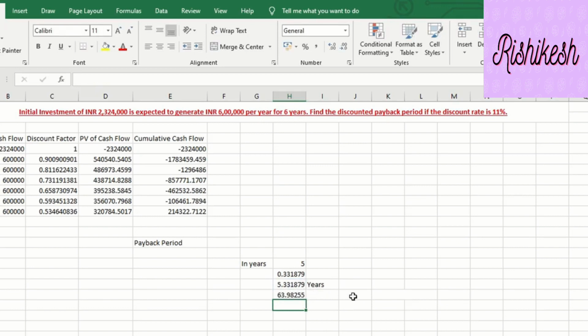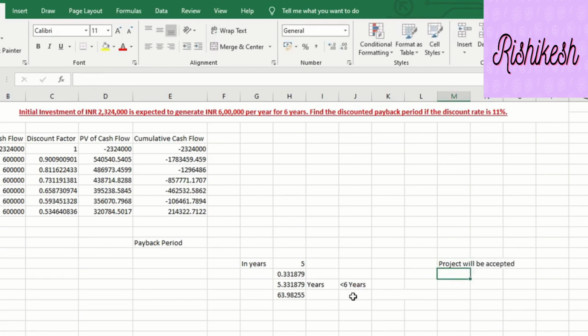So this will come out to be 63.98 months, somewhere around 64 months, right? And this is less than 6 years, right? So the project will be accepted. Why? Because the desired payback period is 6 years. So the project will be